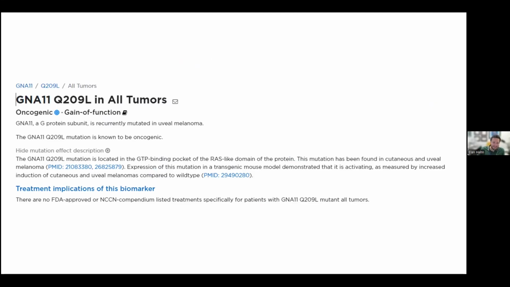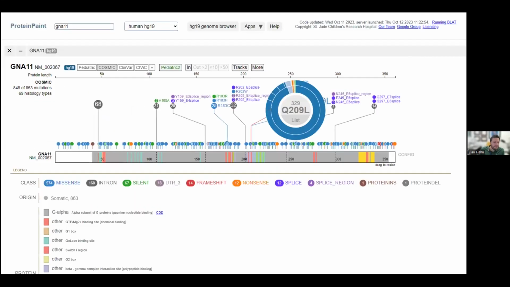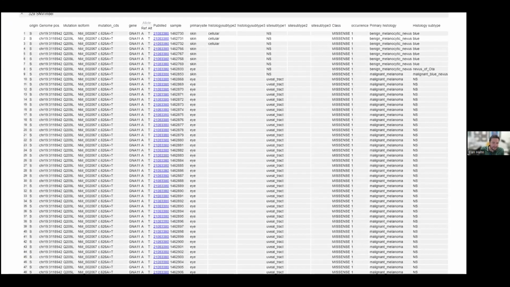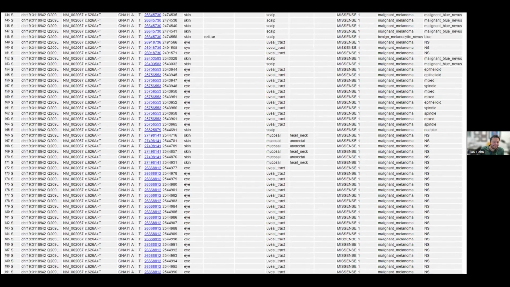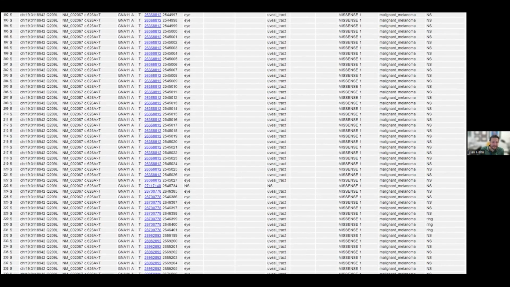It's been found in melanomas, and it's activating in functional studies. So here, looking at ProteinPaint for this specific mutation, you can see there are 329 instances in COSMIC. And if we look at them, they're pretty much all uveal melanoma or some other melanoma or melanocytoma. So all melanocytic,